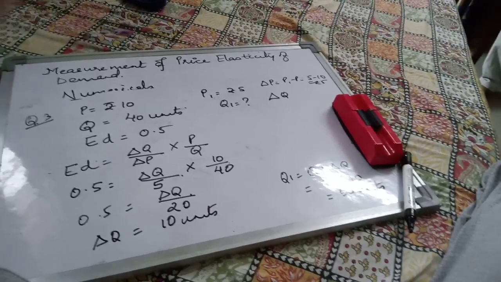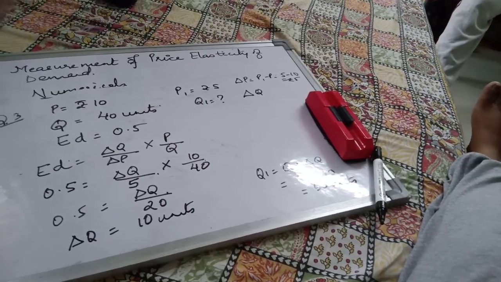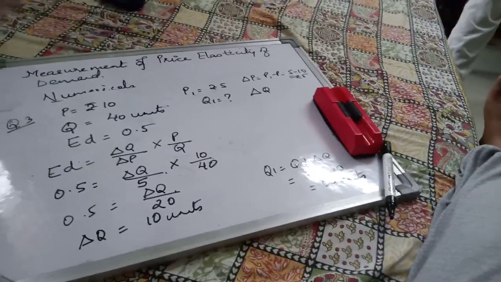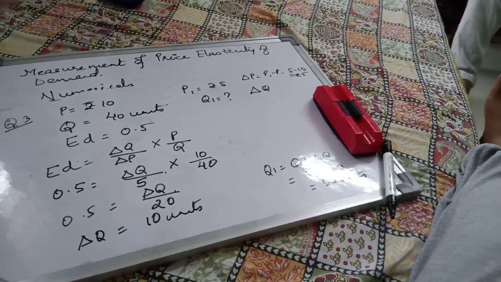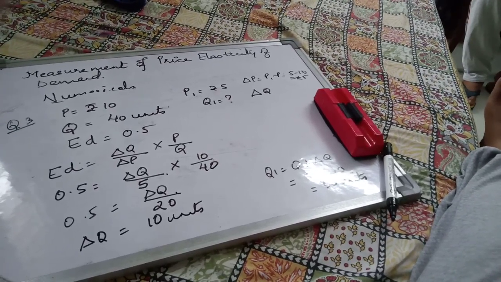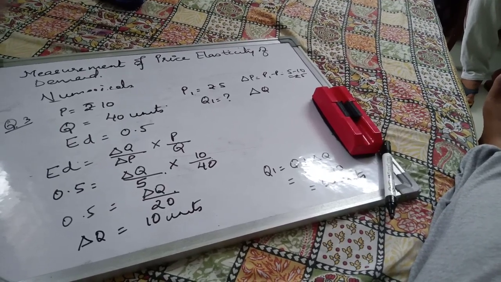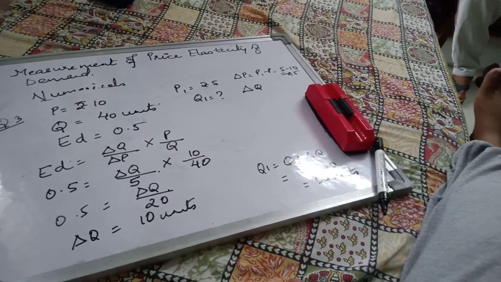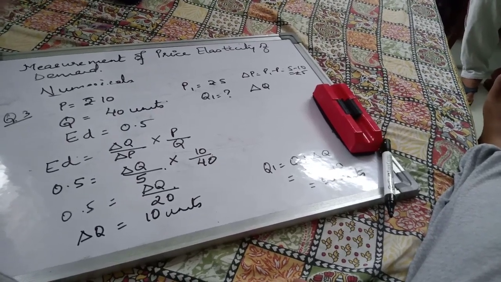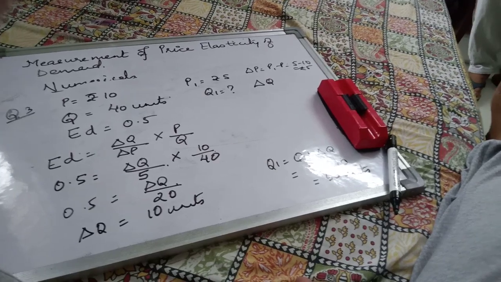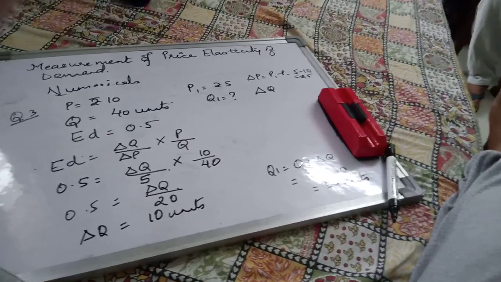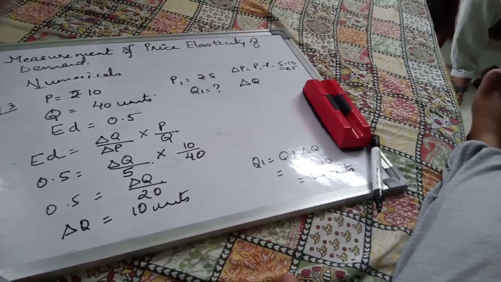One more time I'm going to repeat this. The price elasticity of demand for a commodity is 2. In fact, minus 2, so you're going to ignore that minus sign. A household demands 20 units of a good when price is rupees 5 per unit. How many units of the good will be demanded when its price falls to rupees 4 per unit? The new quantity is 28 units. You'll calculate and find it.